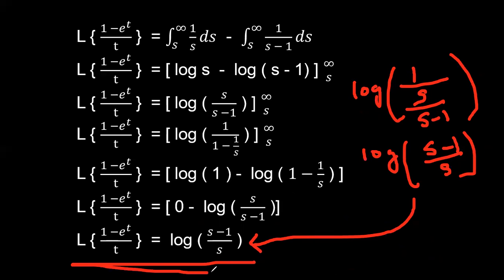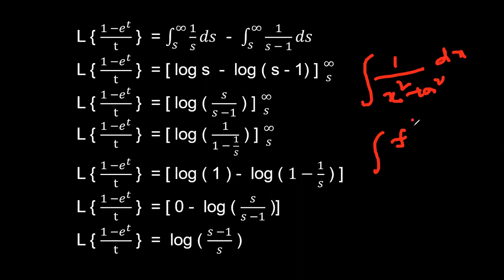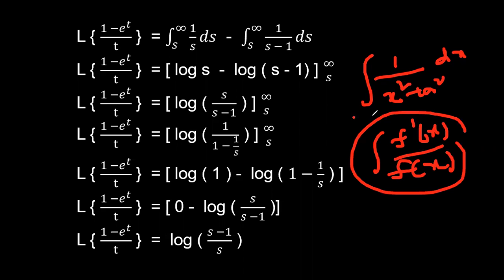So this is the way you have to simplify the division by t method whenever you have the Laplace transform of the function 1 minus e power t by t. This is one type of approach of the division by t method. The first method is related to the formula of 1 by x square plus a square dx. The second method is related to the f dash x by f of x type. If you know these two formulas, then only we can evaluate this f of t by t method.